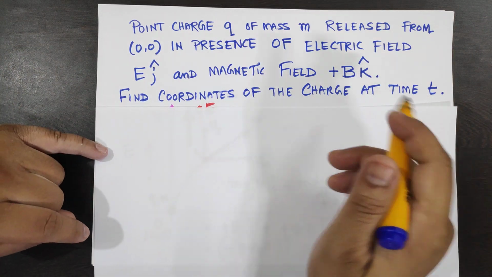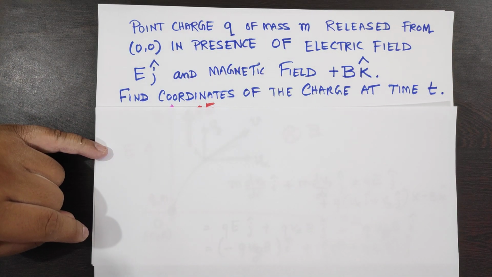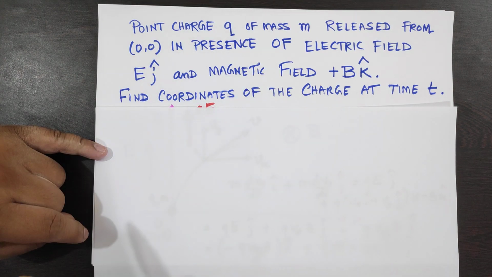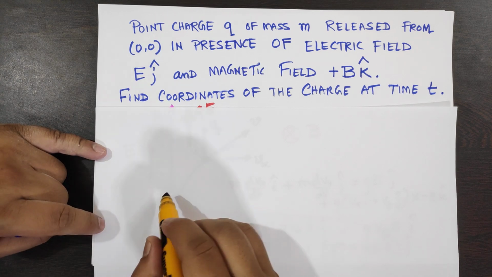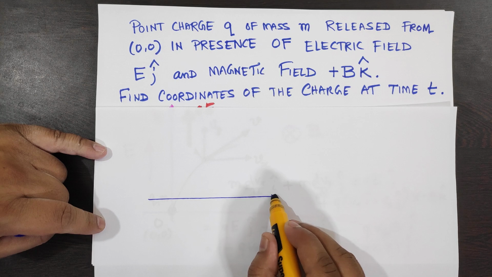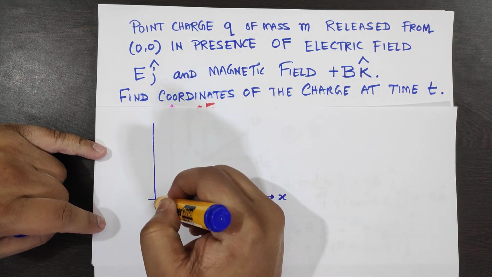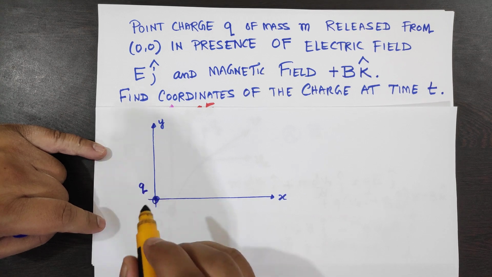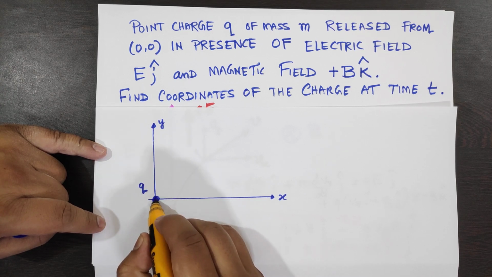So let's look at this problem. A point charge q of mass m is released from point (0, 0) in the presence of the electric field E j cap and magnetic field B k cap. Find the coordinates of the charge at time t. So there it is, this x-axis and the y-axis, and this is the charged particle q having mass m released